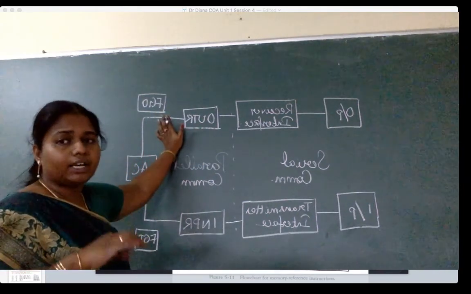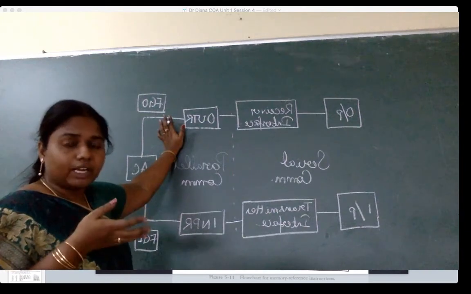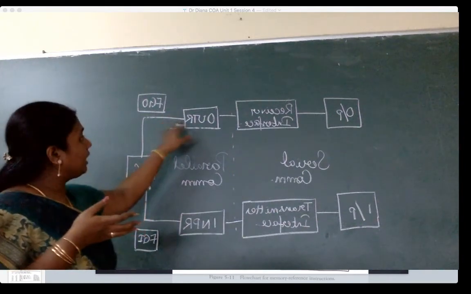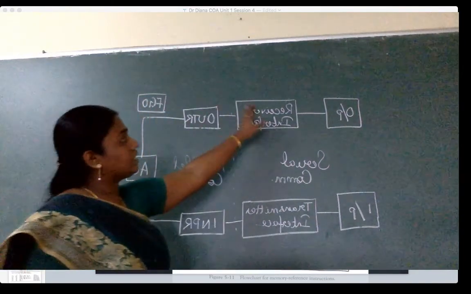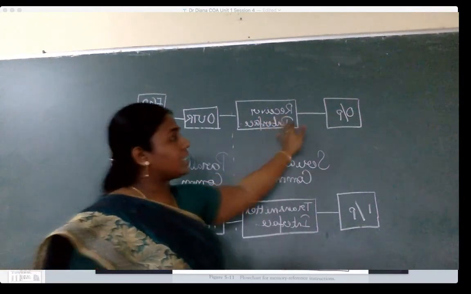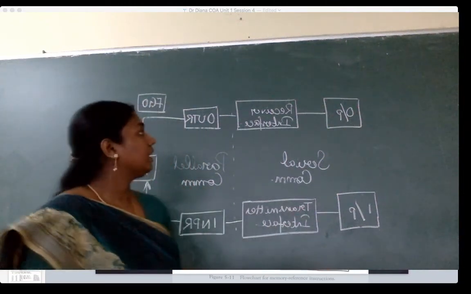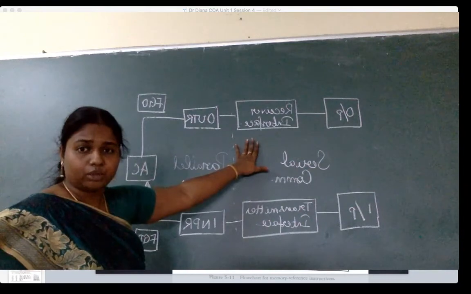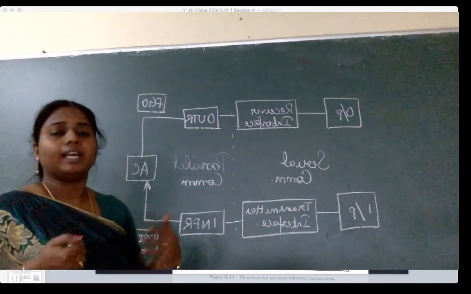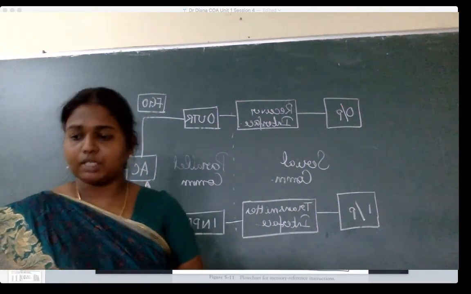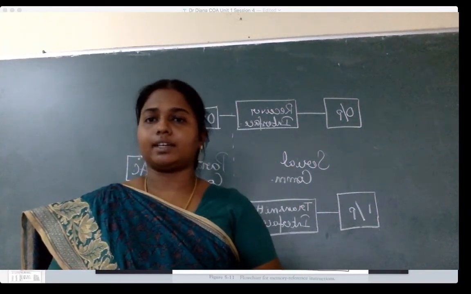Reset means to clear off that value, or to set a 0 value. When I say reset, it means to clear off that value 1. So when I reset FGO, it becomes 0, and when that becomes 0, the output register sends it to the interface. The interface sends the same 8 bits bit by bit into the output device. Is that clear? Now, once it has sent everything into the interface, this value is set back to 1 to indicate that it is ready for taking more inputs. Now, with this idea in mind, we are going to start understanding certain instructions.